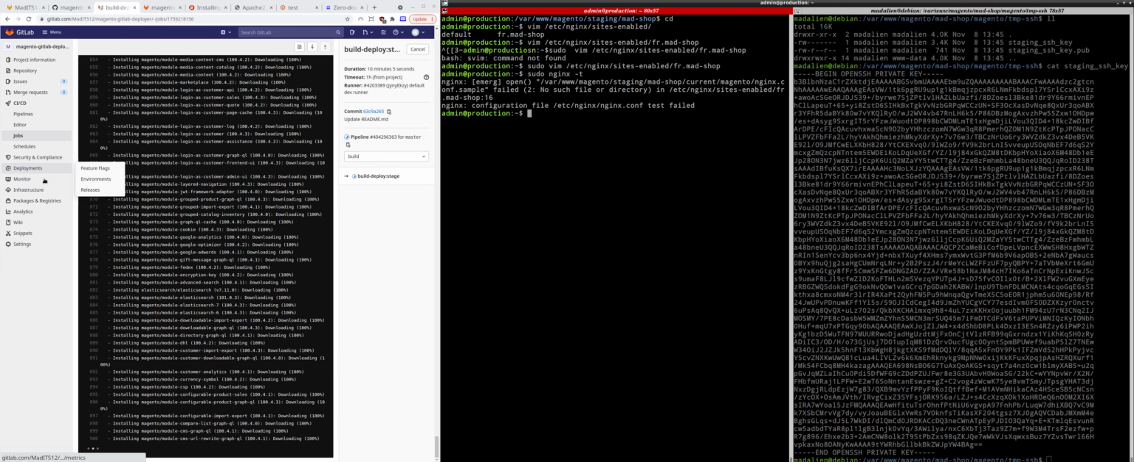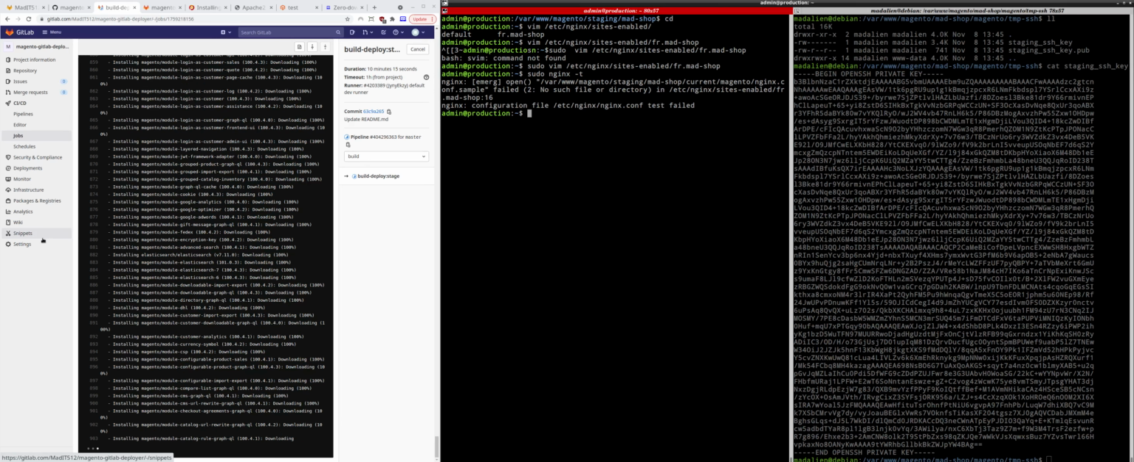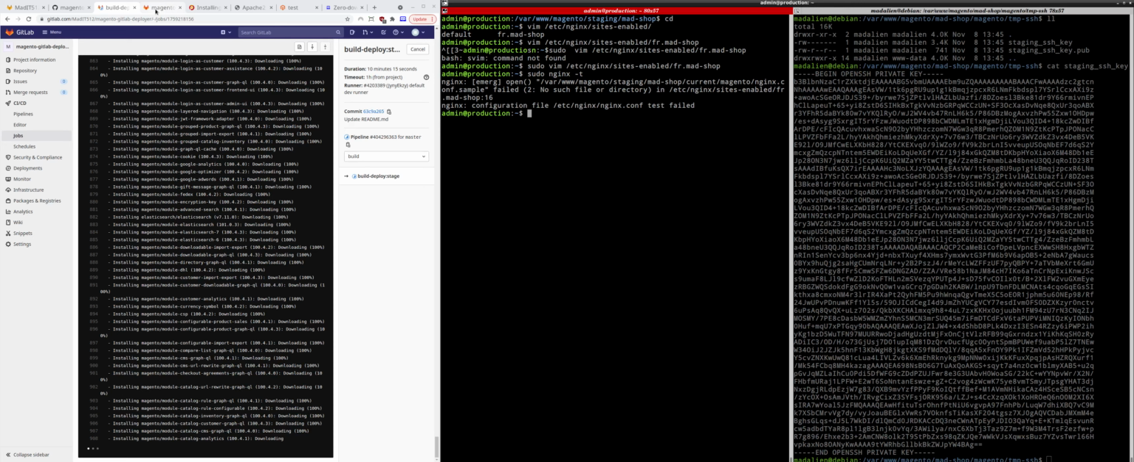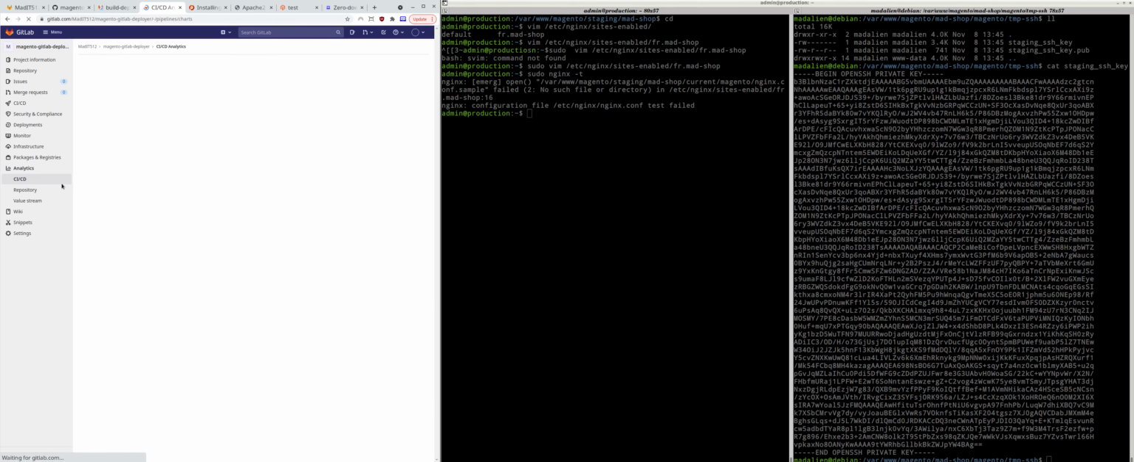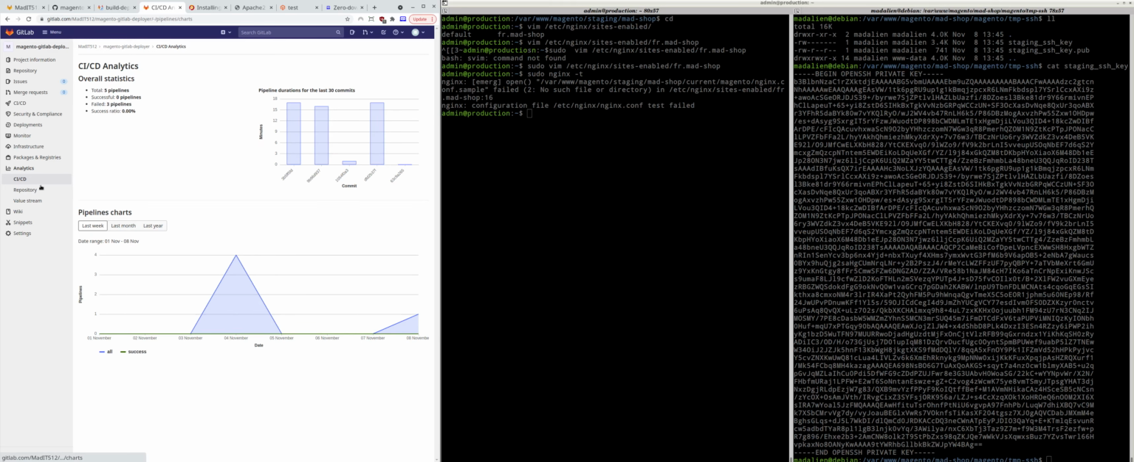What else? So maybe I can show you the runner on GitLab. You can set two kinds of self-hosted runners. You can set a runner which will be used by the repository, or a runner which will be used by all the projects in a specific group. Here the group is medit